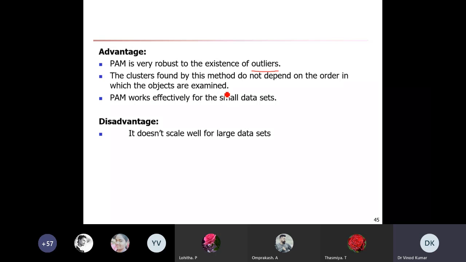You can start with any object order. PAM works effectively for small data sets. One drawback we have seen is that PAM is not suitable for large data sets due to the large computation. The disadvantage is that it does not scale well for large data sets.